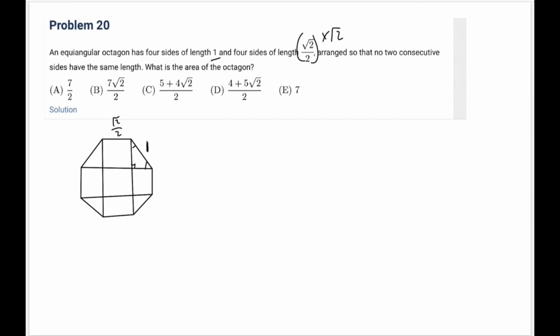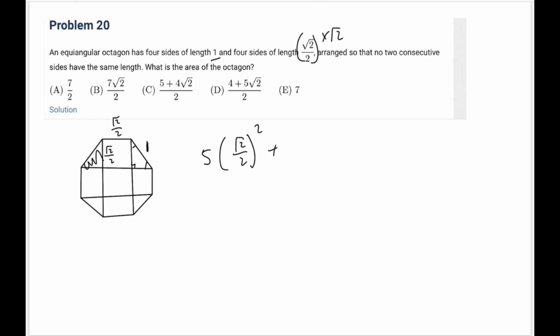So if you see here, then this side length is also root 2 over 2, right? And so this will be a square. This would also be the same square, same square, same square, and the same square. So there will be 5 of the same squares. 5 times root 2 over 2 squared. And then we would have